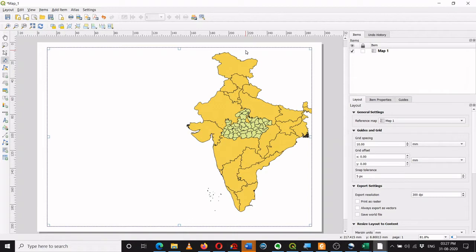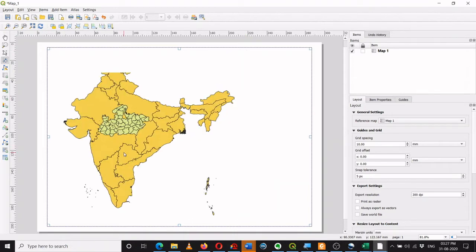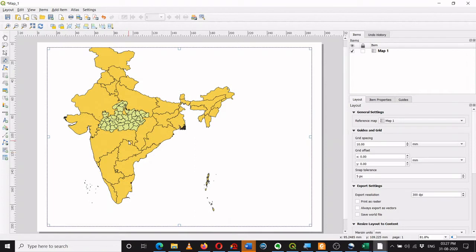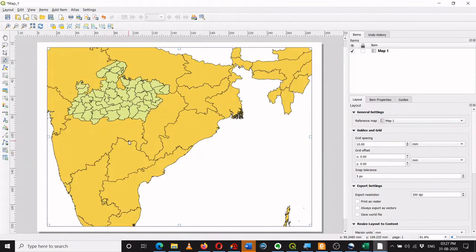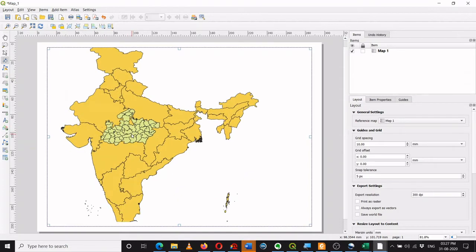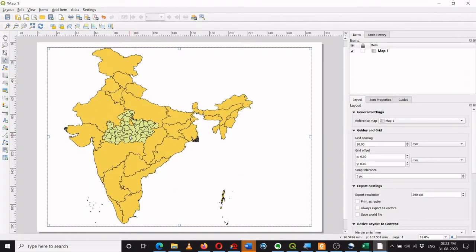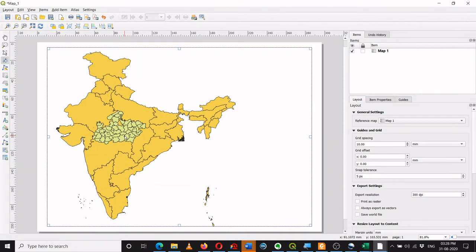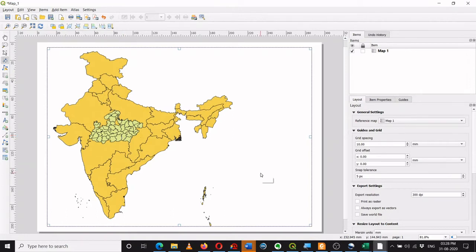I can move it up, I can move it down, I can zoom in by scrolling, I can zoom out. Also if you do not have a mouse, you can use these options over here, zoom in and zoom out. Pretty simple. Now I can fit it, and by using control I get more precision. That's what I was telling you in the earlier class. Now I can move it over here because I want to place some other elements of the map in this space. So this is about adjusting the frame.